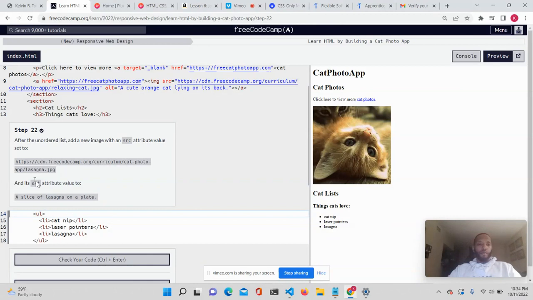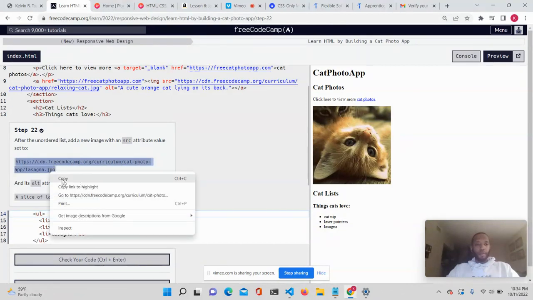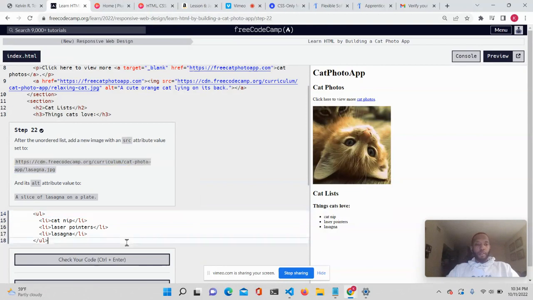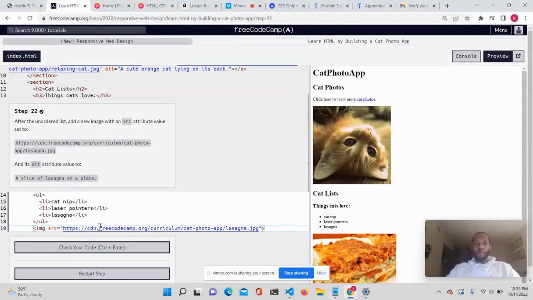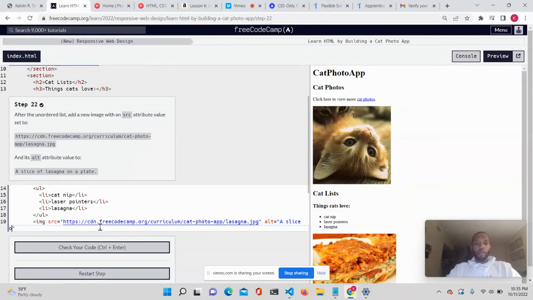So after, let's add a new image with an src attribute. Value set to this. Go ahead and copy that. That's the alt. So after the unordered list, so that's going to be now, it's going to be slice of